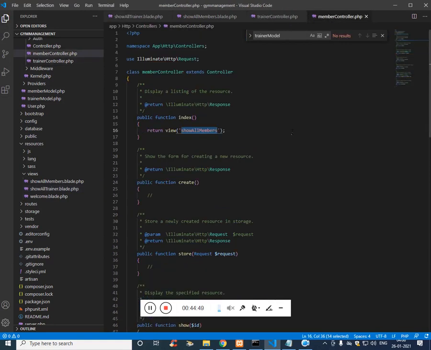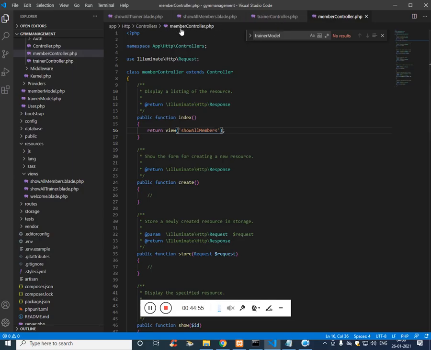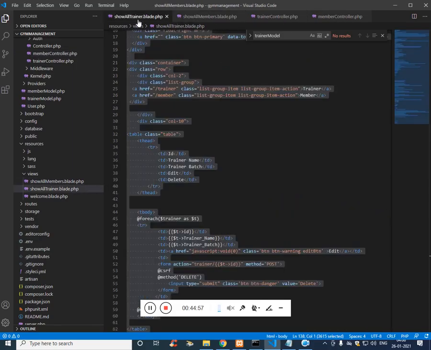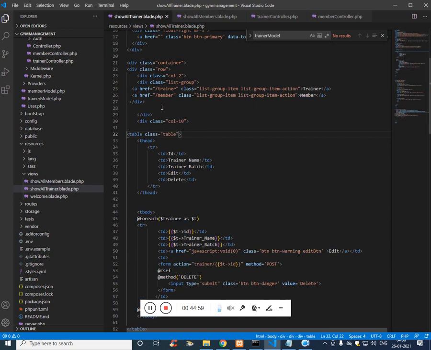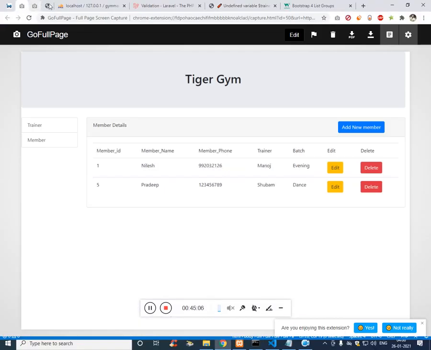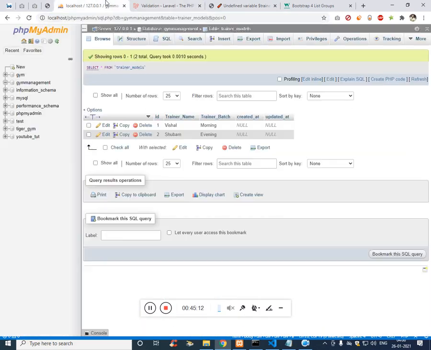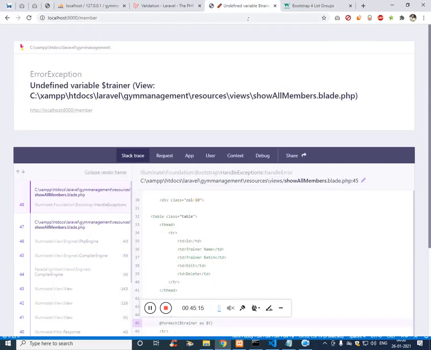On the member controller, just paste it, remove the blades, refresh. Actually on the sidebar, it's member. So let's see the route what we have. I hope it's not members, it's member. Let's type /member.